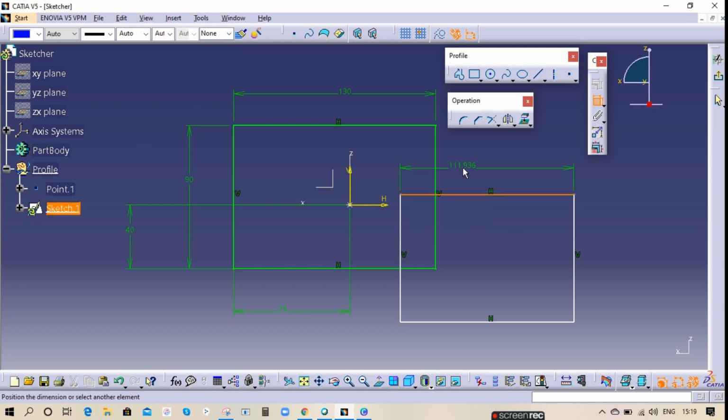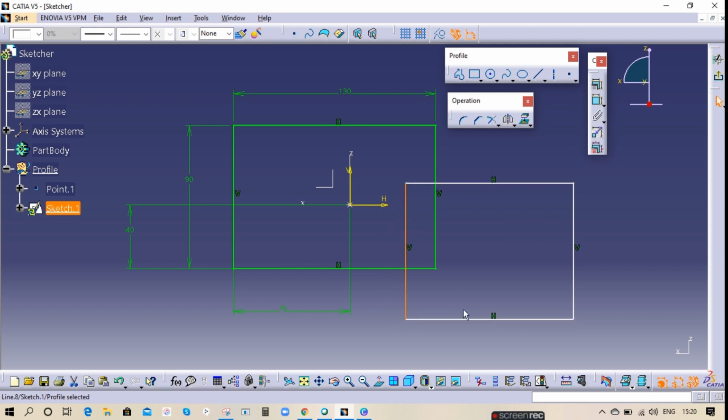And now this is also in white color, right? This is also unconstrained. See, now this green color means fully constrained. Before there is a white color, that is under constraint. This is in green color, this is constrained. So constraint means it won't move. See, it is not moving. If you drag here, it won't move. If you drag like this, it won't move in any direction. But this will move because this is in white color. See, this is moving because this is in white color and this is not constrained.